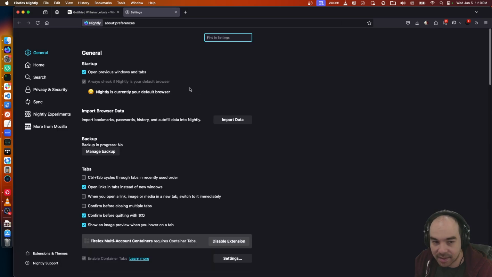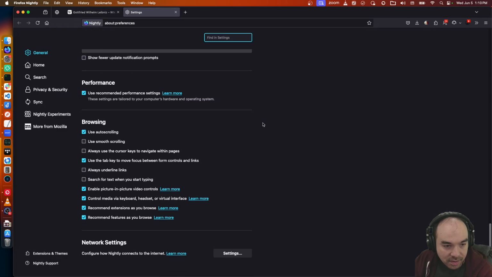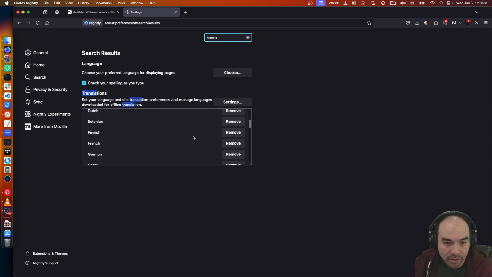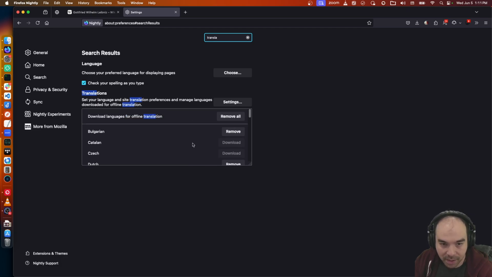If you go to settings, I believe there's a section in here about translations. Translations, yeah. And you can choose to manage what engines you have downloaded. Clearly I've downloaded a lot of them. I've got almost all of them, but looks like I'm missing Catalan and Czech. So let me get those. But you can also remove the engines if you need to reclaim disk space. And I believe these engines will update over time.